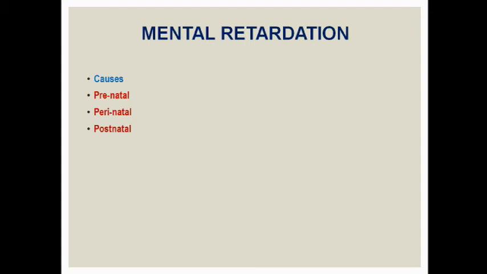And perinatal, during the birth of the baby, there may be birth asphyxia, or because of the heavy weight of the baby, which is allowed for normal vaginal delivery. The baby's weight may be around 4.5 kg, causing difficult labor, and the baby having a larger head, we call it macrosomia.